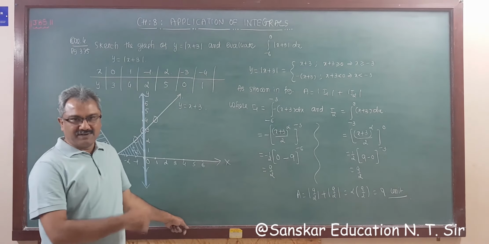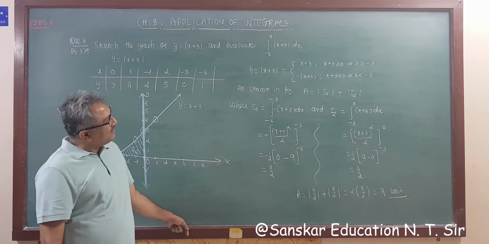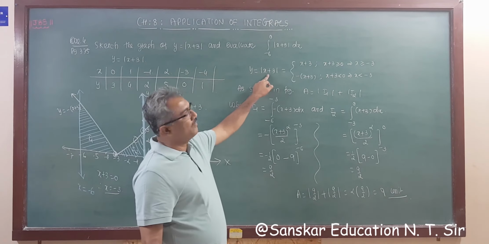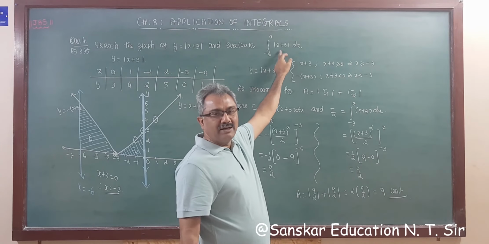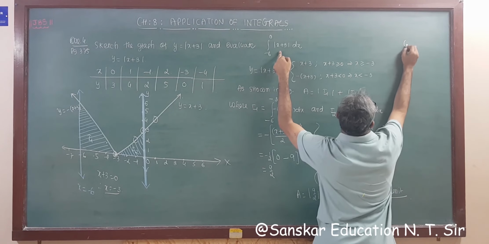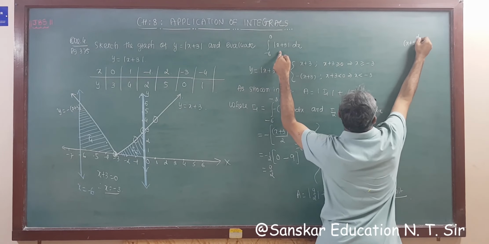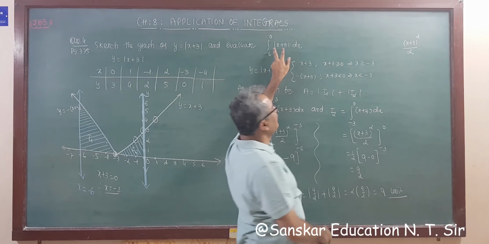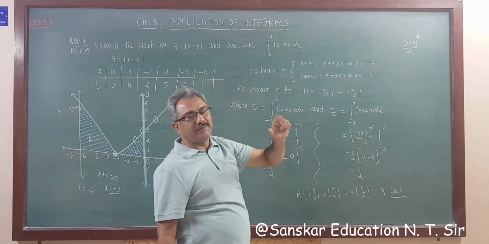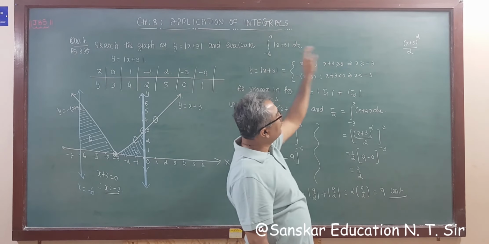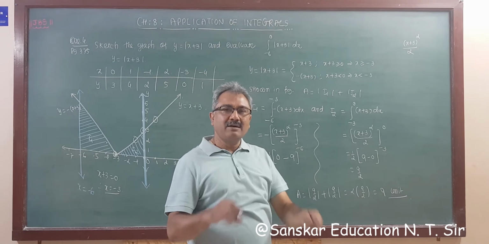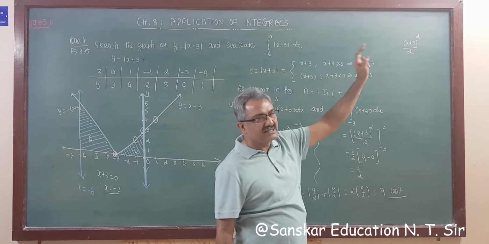So it's a nice question, right? Suppose this question is in an MCQ, then what to do? Never look for this modulus or anything. Integrate this function directly. What do you have to do? You have to integrate it. So what will be the answer? x plus 3 whole square by 2, without considering whether there is a modulus or not. For this type of modulus question, what you have to do? Take the function directly, consider it as x plus 3. So the integration of this is x plus 3 whole square by 2.